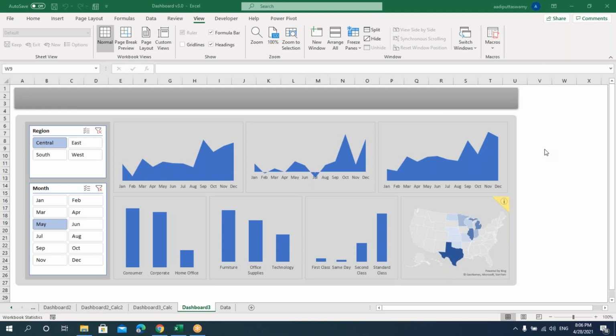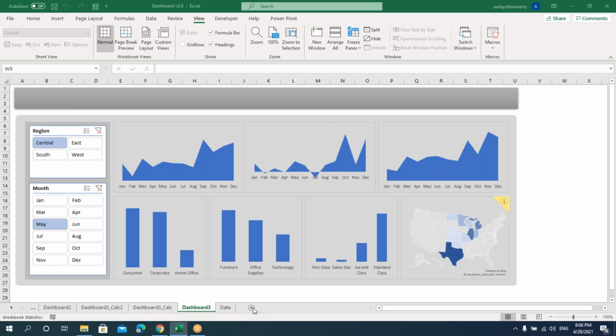Right. So in this session, we'll see how we can create reports by using macros. In our previous session, we saw the static report. Then we saw how we can create the reports by using pivot tables. And today, in this session, we'll see how we can create the reports dynamically by using macros. So that means we are trying to learn the dashboard reporting in 3 different ways.